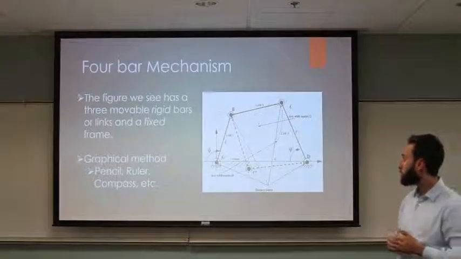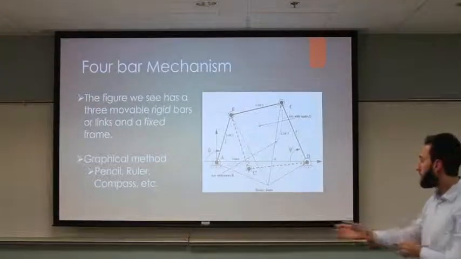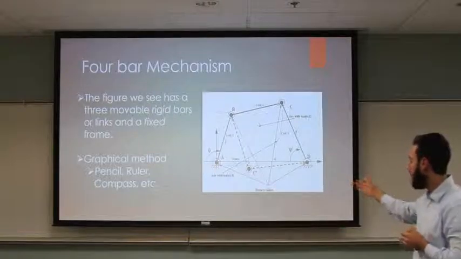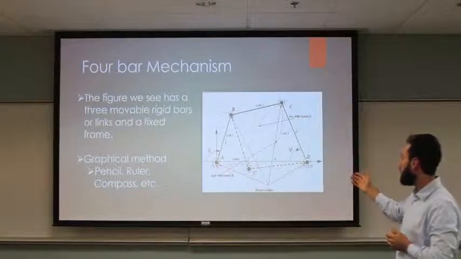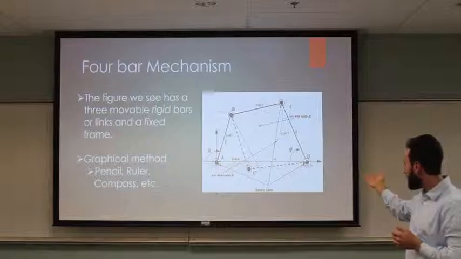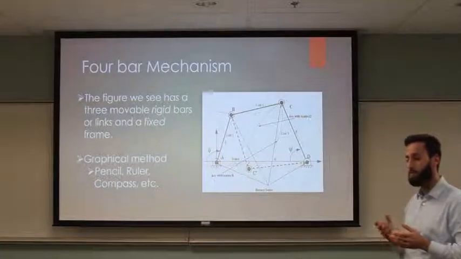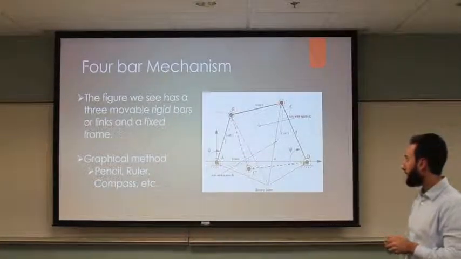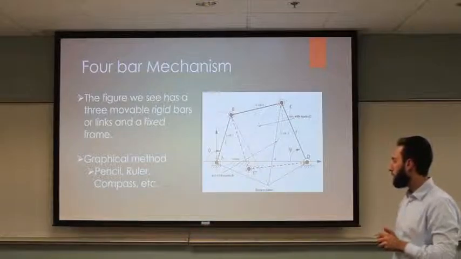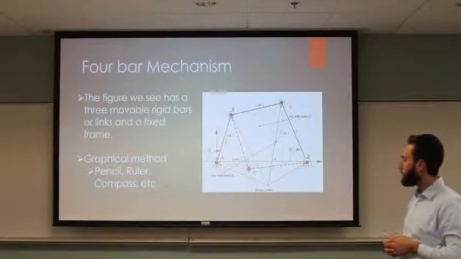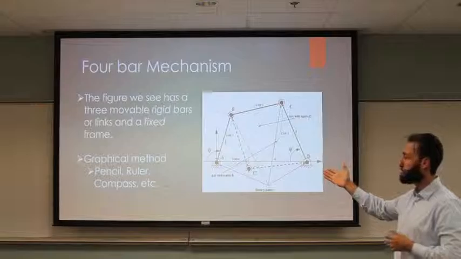Another example was the 4-bar mechanism. The 4-bar mechanism consisted, as you can see in the figure, of 3 movable rigid bars or links and a fixed frame. The fixed frame adds up as a 4th link or bar, and that's why it's called a 4-bar mechanism. But a long time ago, they used to do it by graphical methods, a pencil, a